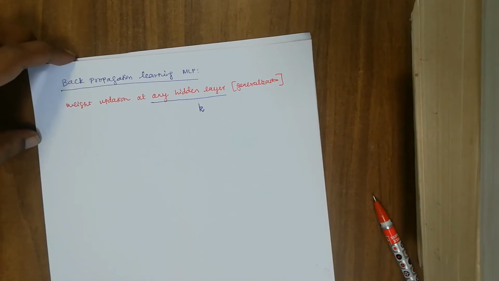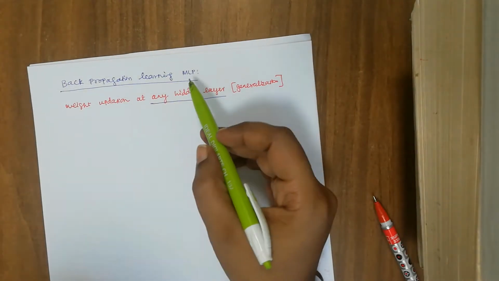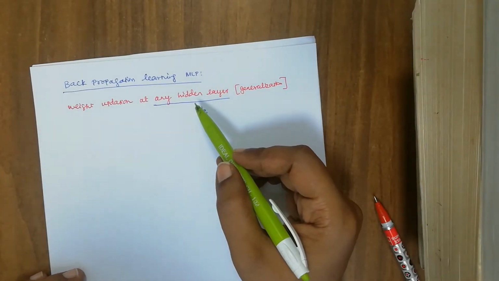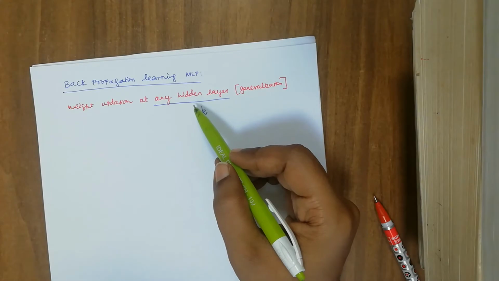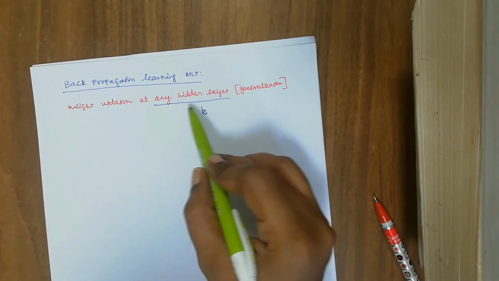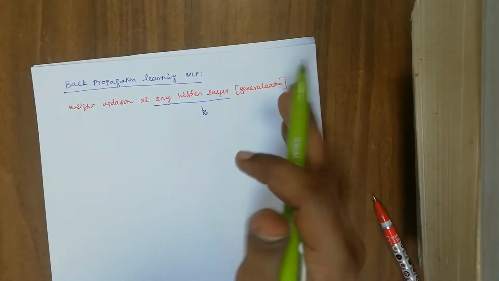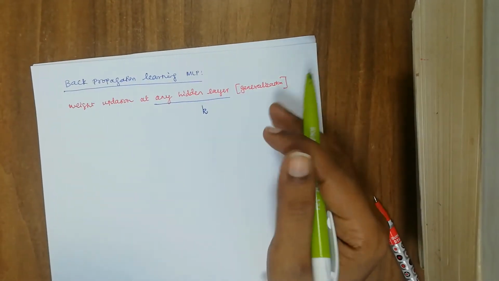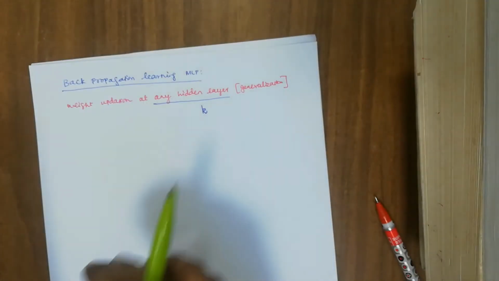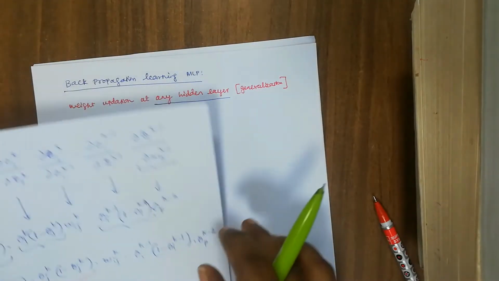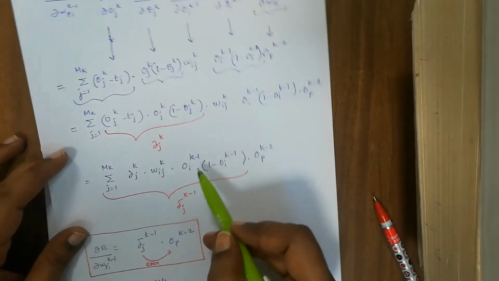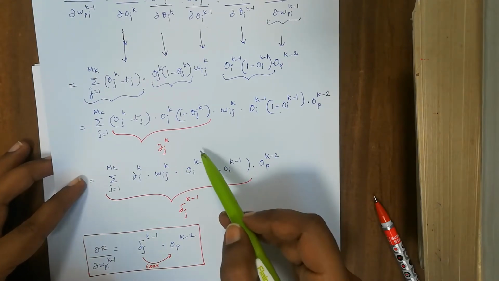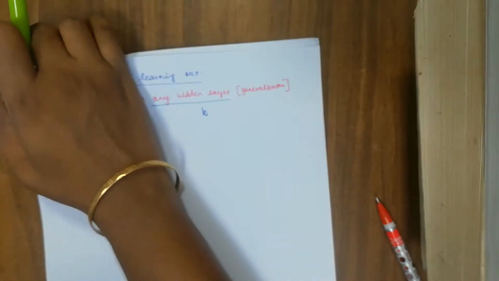In the previous class, we were discussing backpropagation learning in the multi-layer perceptron, the weight updation rule at the k minus 2 hidden layer. Now let us generalize it for any hidden layer that ranges between layer 1 to k minus 2 or previous to k minus 2. So in order to update the weight at any hidden layer, we will make use of these values which we were using to update the weight vectors at the k minus second layer.